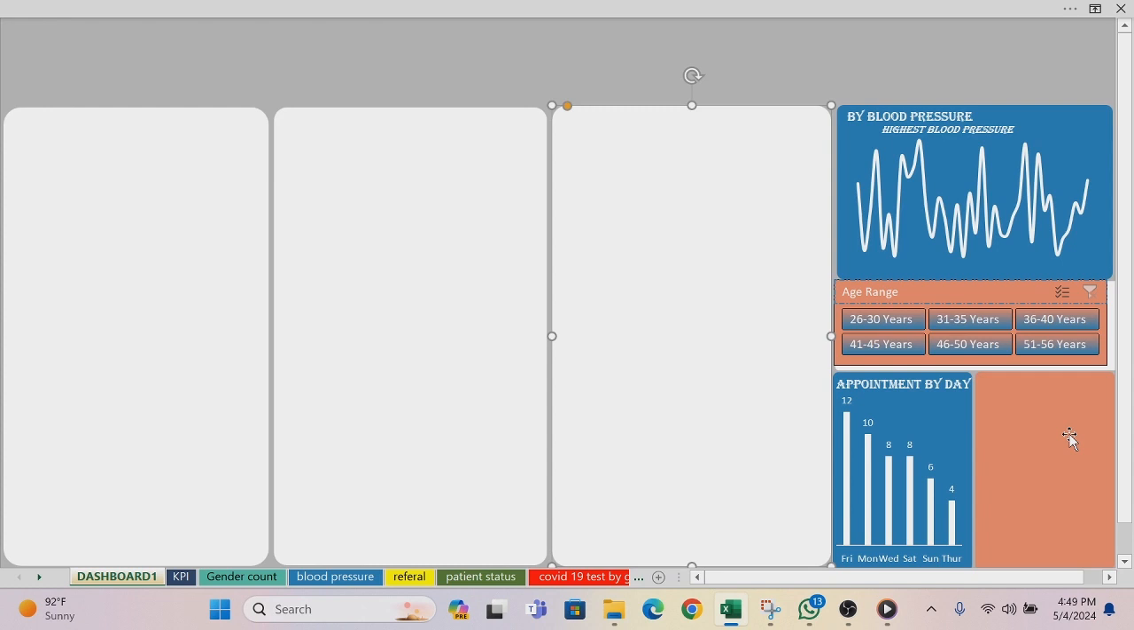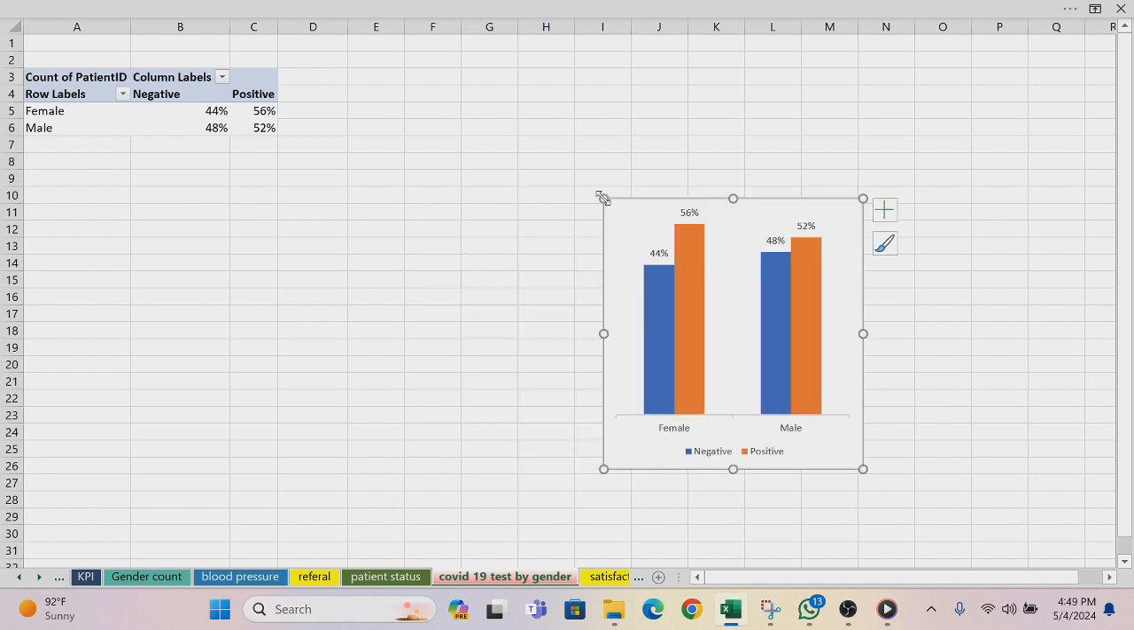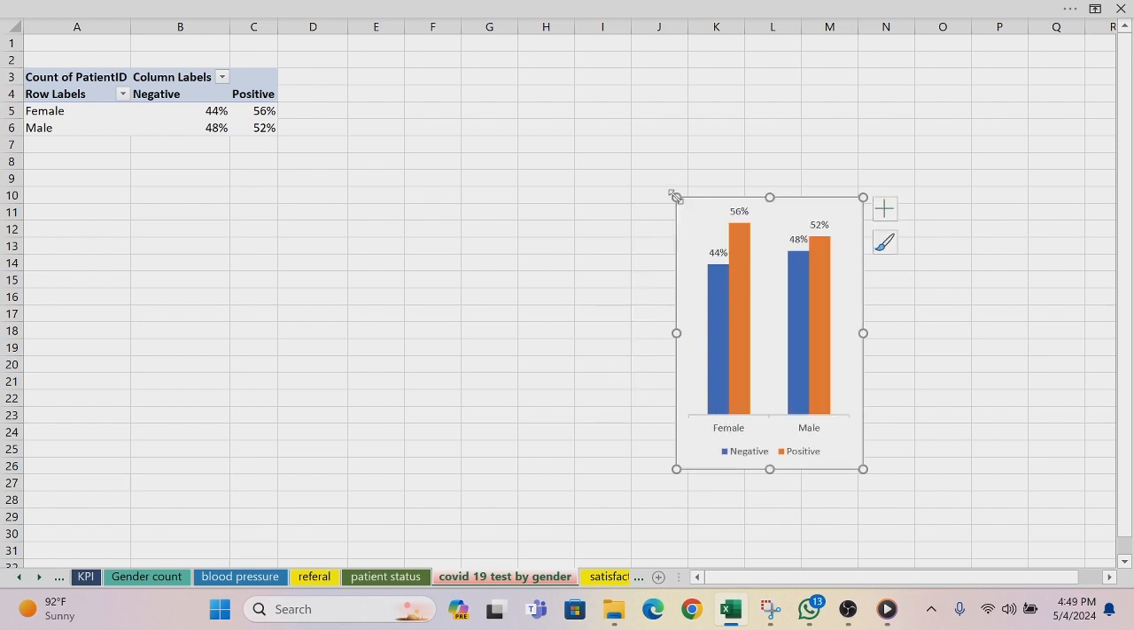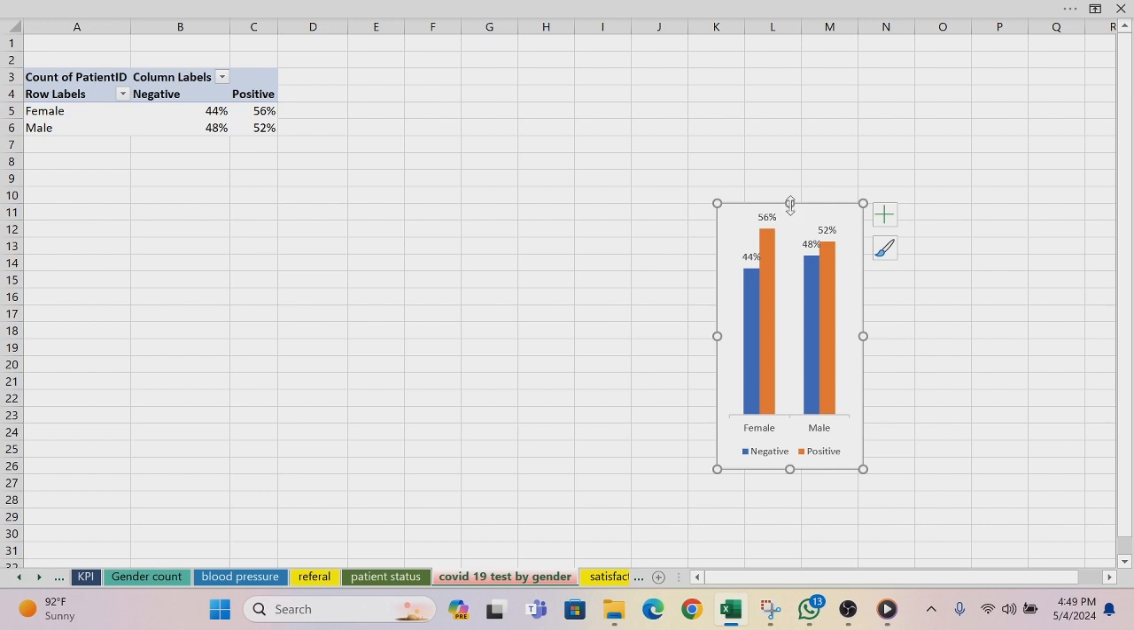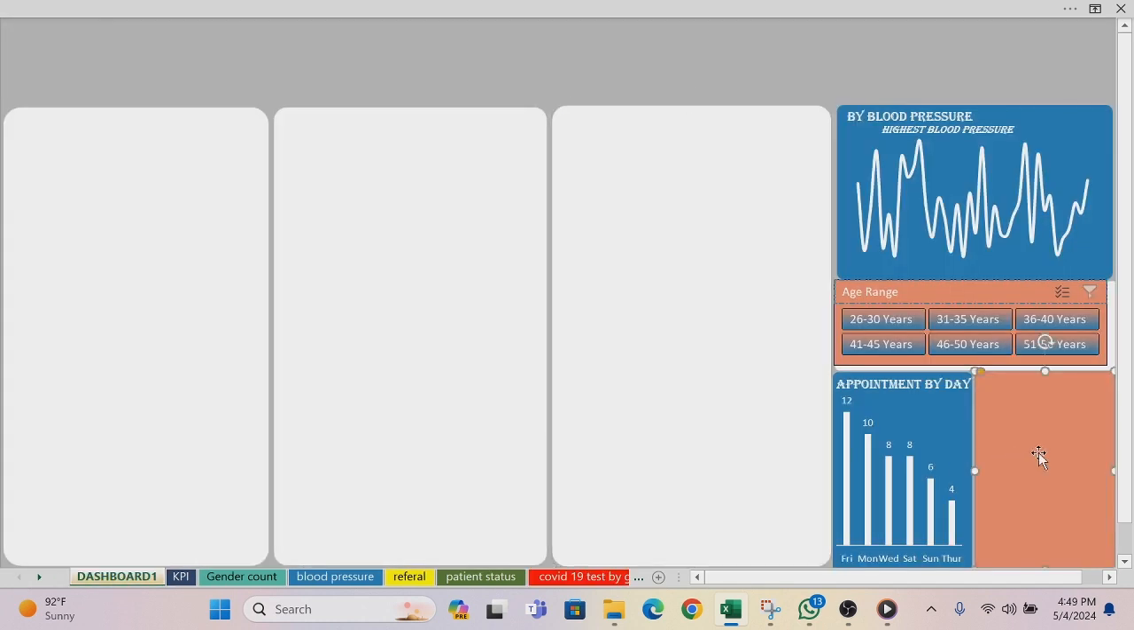we want to bring in our COVID-19 results by gender. So we have it here. So let's do this. Let's resize it. We don't want it distorted, but we want it small. So Control C, dashboard, right here, Control V,